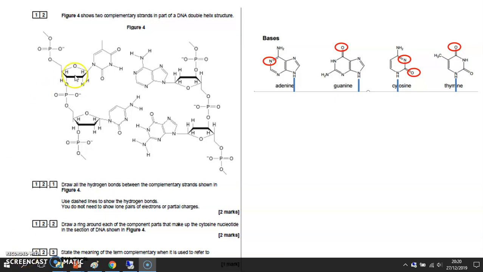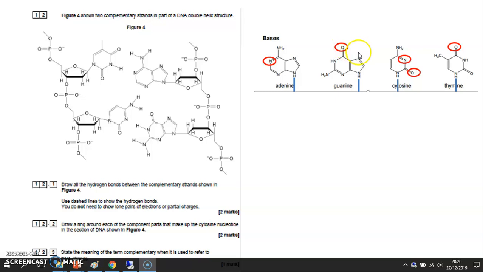Question 12. This is about DNA, and I've got two DNA strands with complementary bases here. Draw all the hydrogen bonds between the complementary strands shown in figure 4. Use dashed lines to show the hydrogen bonds. Well, I've taken a section here from the data book, and what you should do is you should draw lone